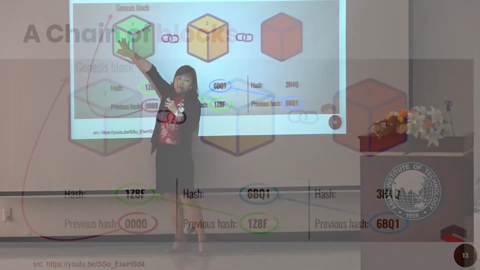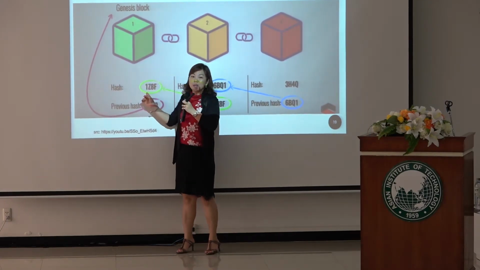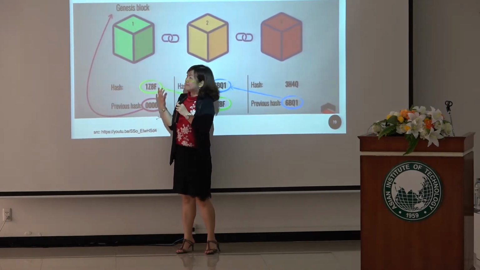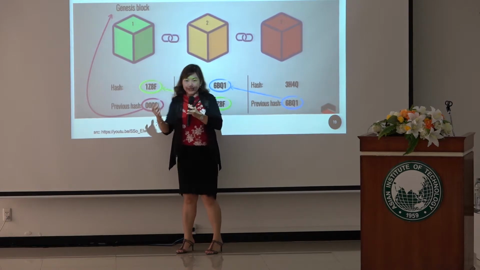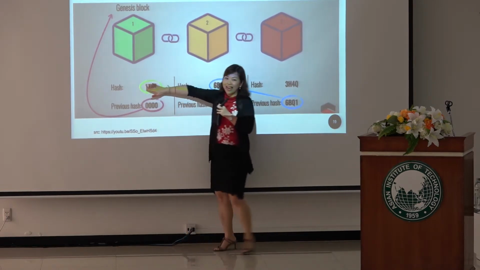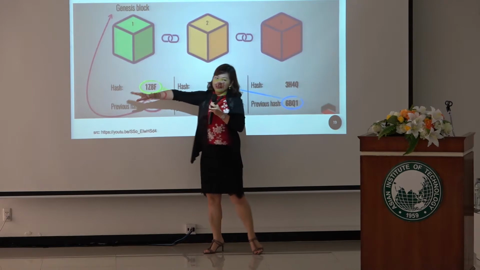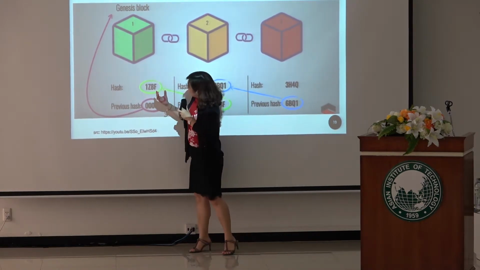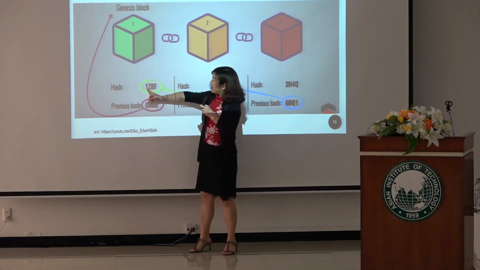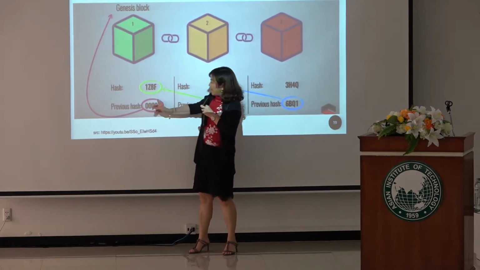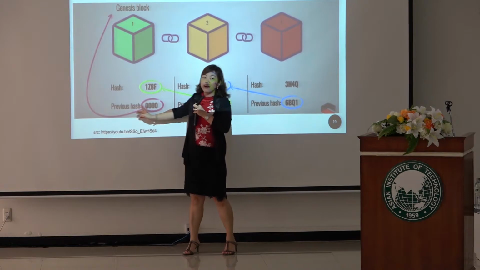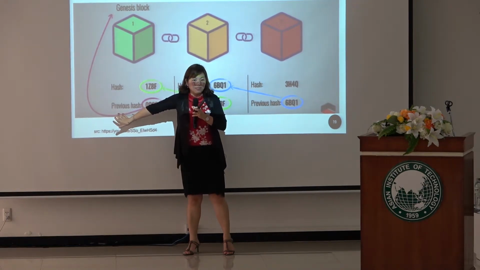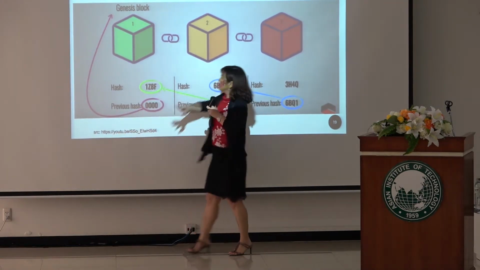The hash of this block, suppose, I use some assumed data, because you cannot just take a real hash, it's too long. It should be long enough so that it's very difficult to guess. So the hash of this block is this value. And of course, the hash of the previous block is nothing, because it's the first block, no previous.